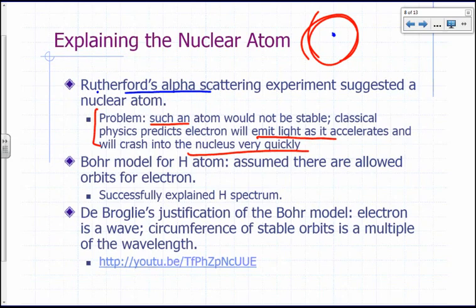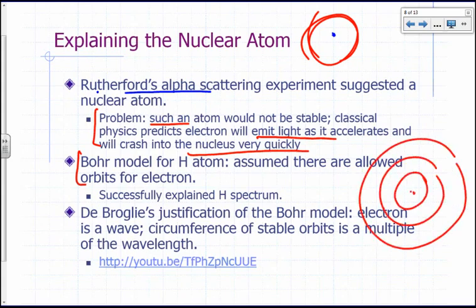So the resolution to that eventually was to say, okay, classical physics is wrong. But there were earlier attempts to explain that. The Bohr model assumed that there must be some allowed orbits for the electron for some reason. He didn't try to say what the reason was, but he said there must be some orbits around the nucleus that are allowed for the electron. So that was the Bohr model. That so-called planetary model of an atom that you've seen in your early courses, that's the Bohr model.